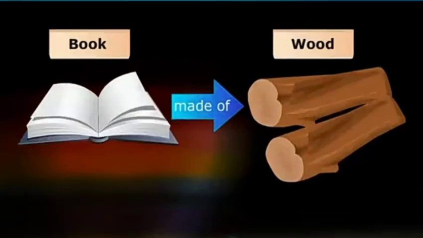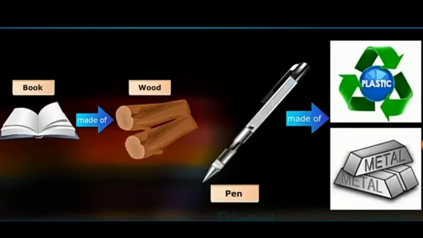Now different objects around us are made up of many different materials. Think of a television. When we look at a television, from outside it is made up of mostly plastic, while the inside of it is made up of glass and metal wires. Also there are things that can be made up of more than one kind of material. For example, if we talk about a pen, that can be made up of a plastic or a metal body.